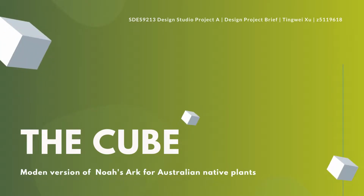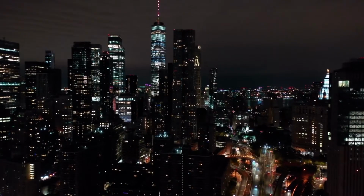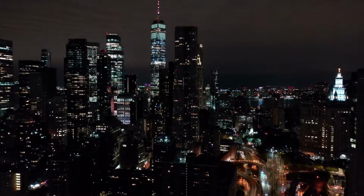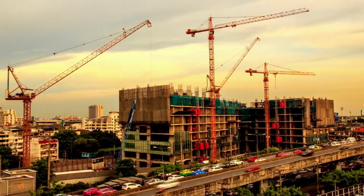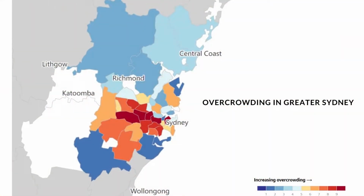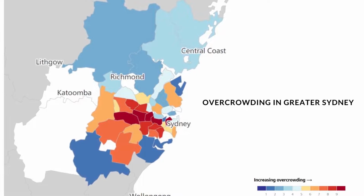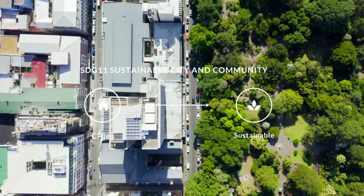So the topic for the design project brief is the cube, which is the modern version of Noah's Ark for Australian native plants. While the rapid development of Australian metropolitan areas results in overexploitation and utilization of the land, green space is disappearing from cities, especially native plants, and the remaining green space has been replaced by exotic plants. So based on SDG11's Sustainable City and Community goal, there is an urgent need to bring back the native green